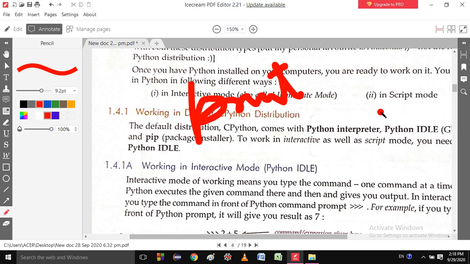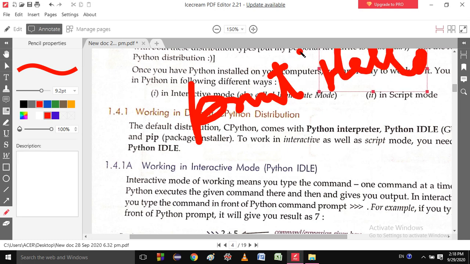In Python 2.0, print was not a function; it was just like a keyword, and you just write print and then hello. So if you want to print hello, just write print hello.